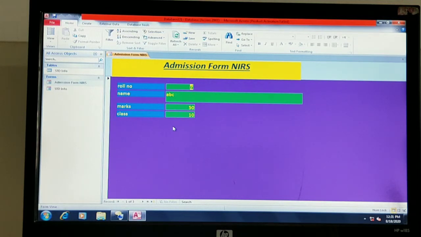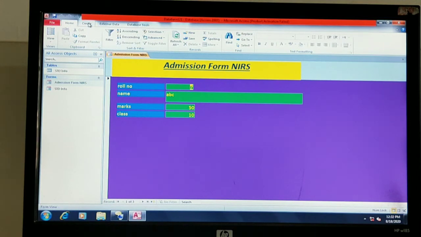So dear students, today we will see how to create a report on the created table called student info. Look at the screen, students. As usual, you have to go to the ribbon part. In the ribbon you have a tab called Create.